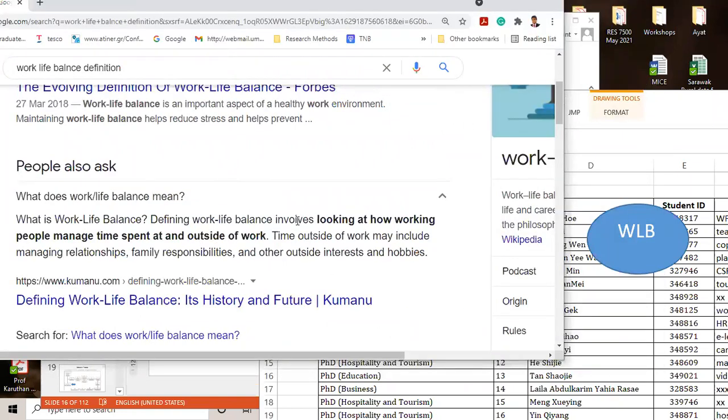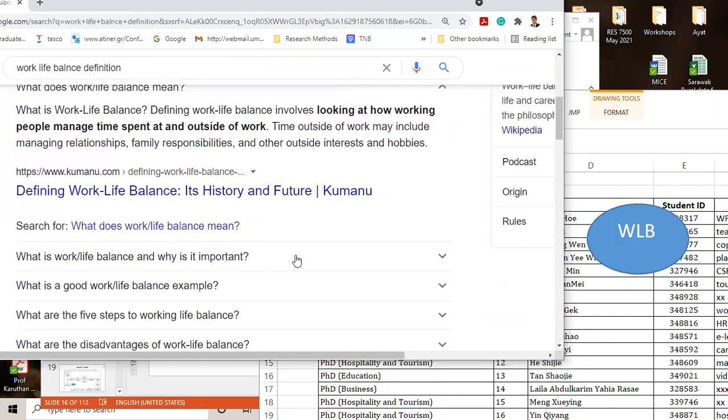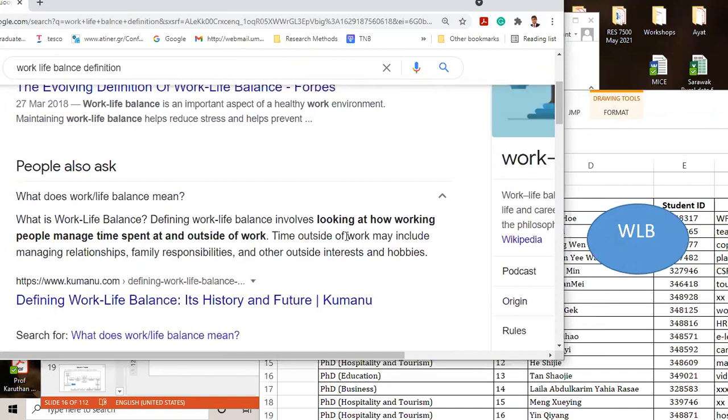Is it the same as what you read just now? Slightly different, but the key points are there. Okay, so why are the key points important? Looking at how working people manage time spent outside of work, based on this, we get the key points.